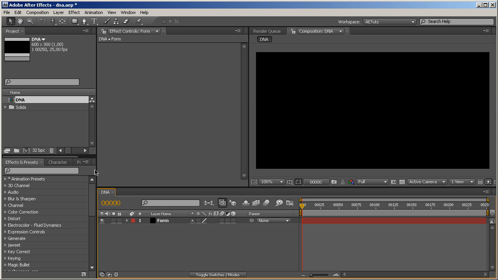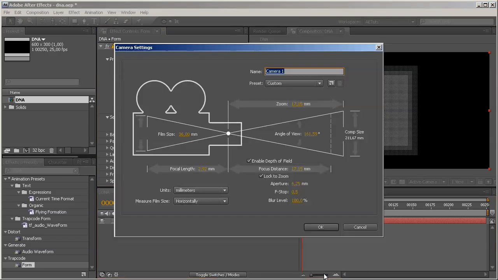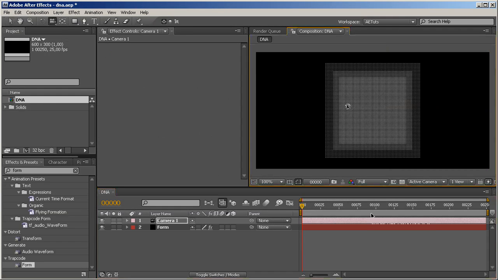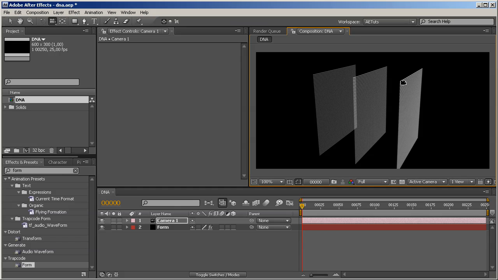First of all, let's apply Trapcode Form. I'm going to use a pretty similar setup to the one you just saw. And just in case you're not familiar with Trapcode Form, I'm going to show you what it does. I'm going to create a simple 3D camera here. And as you can see, this is the default setup of Form. It basically created like 3